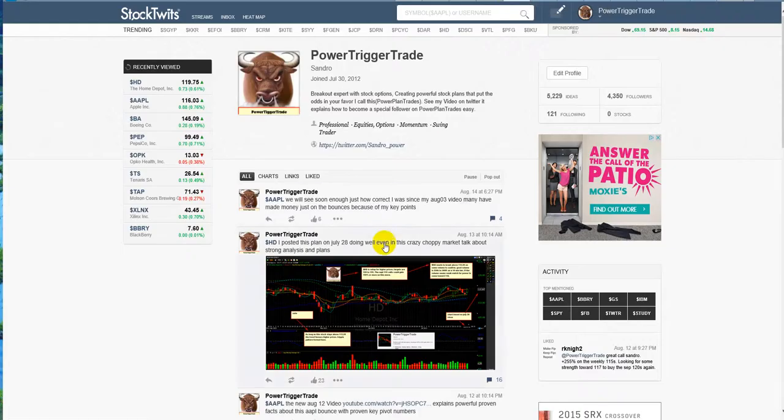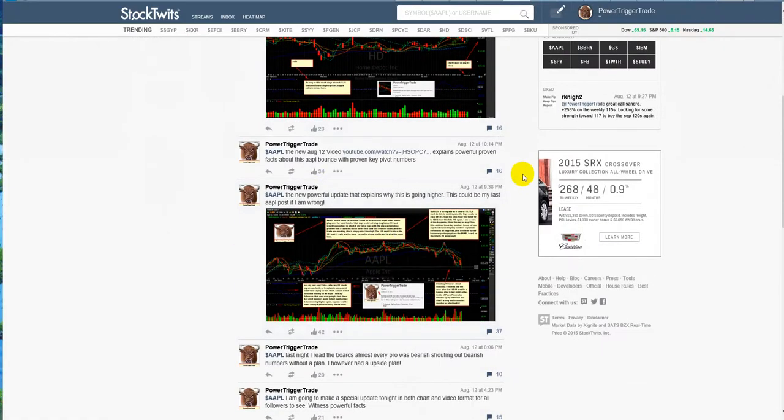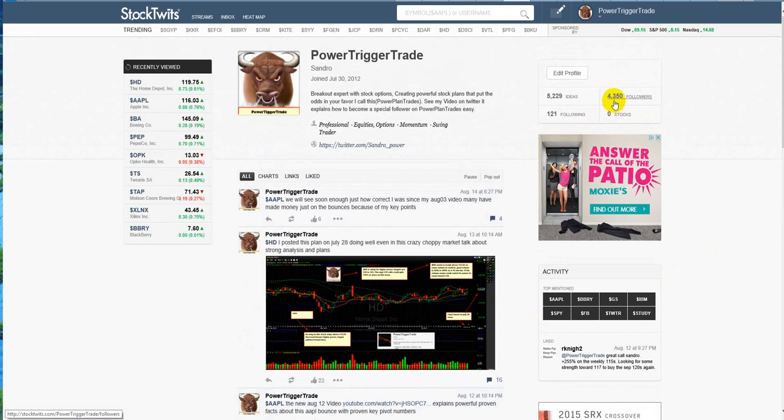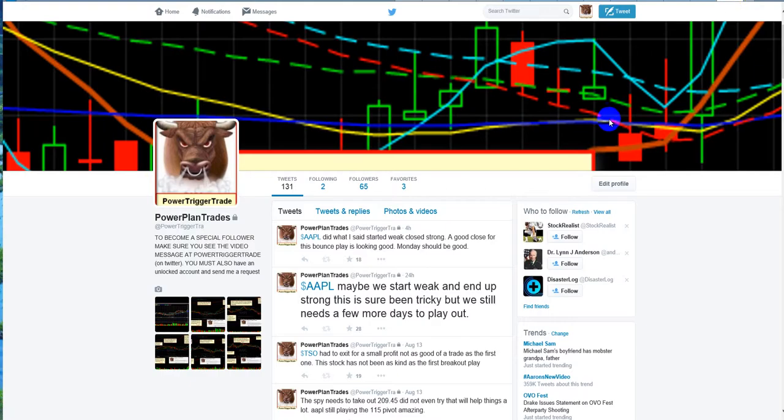Now, hopefully, I think the Apple trade will work out very well, and we'll find out very soon. It has done a lot of good things. It's a bounce play. The odds favor this doing well, at least to the targets that I described in this chart over here. Especially when this does well and we post it, we should have people making all kinds of positive comments, like 'he was right,' and the followership should grow. When everybody does all these things, the numbers grow faster.